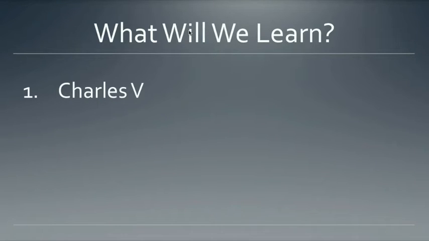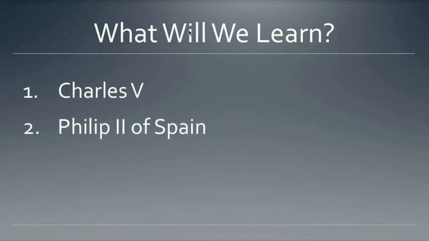So what were we going to learn here today? Well, our story is going to start with Charles V. This is the same Charles V that we saw in the film Luther. He was the emperor of the Holy Roman Empire of Germany at the time. So we're going to revisit his story because he's ultimately going to lead us to Philip II of Spain, who is his son. And so Philip II is going to be kind of the main person in this story,